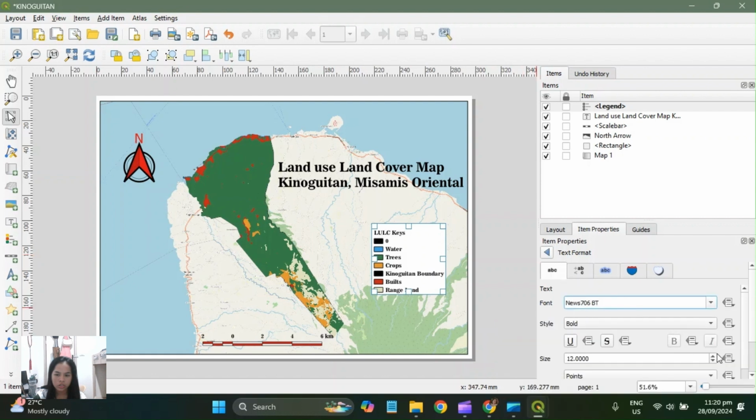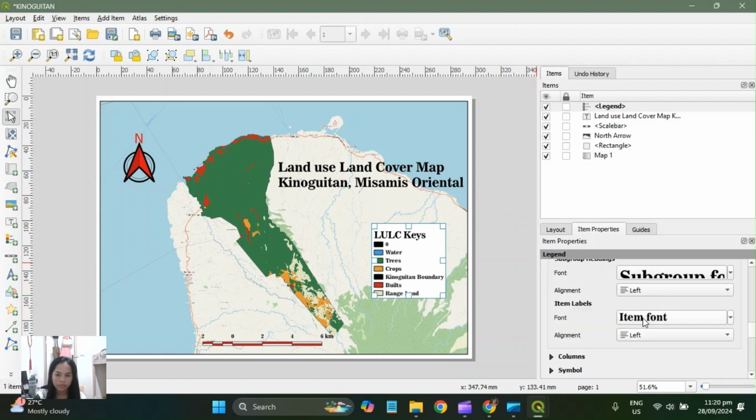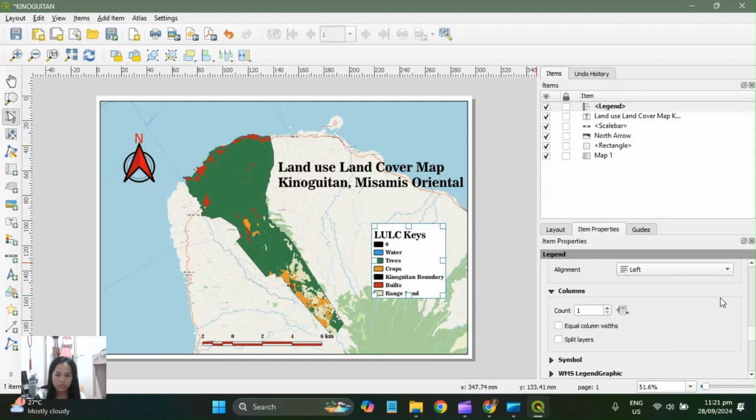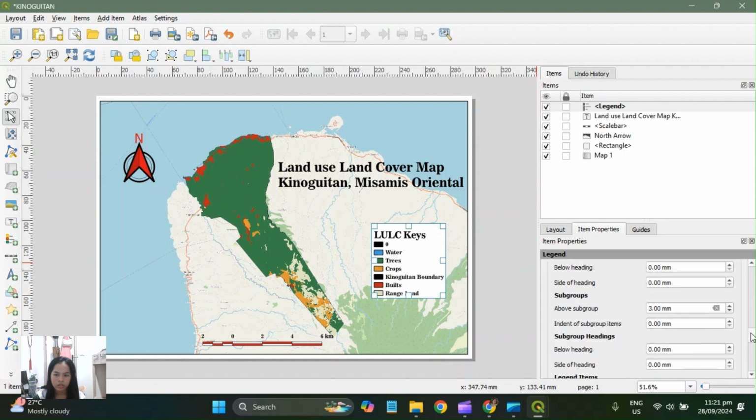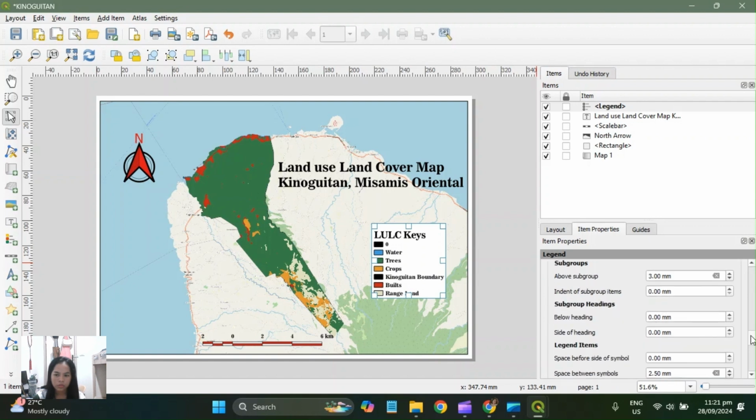And you can still change the size for this. Next is the columns. And also you can adjust the spacing for every item.